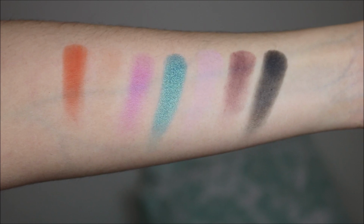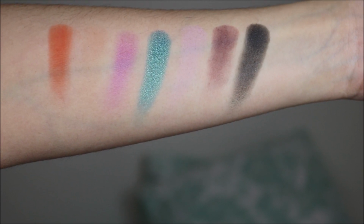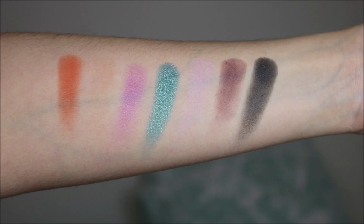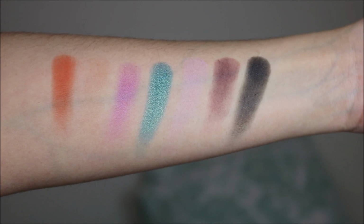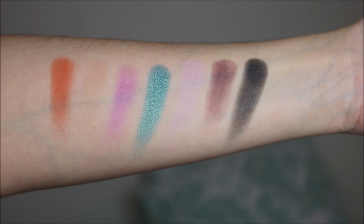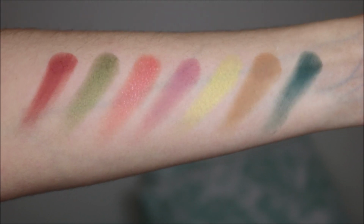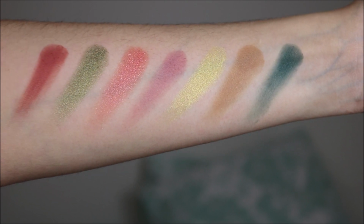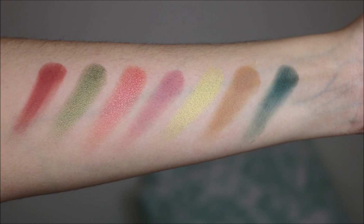So this is what the first row of normal shadows look like. From left to right we have the shades Flame, Confidence, then on me is kind of a skin tone color, then we have Desire, Self-Made, that is a gorgeous blue. Then we have Bless, You Do You, and Dark Side. Then on the second row of your normal eyeshadows we got from left to right Overcome, Integrity, Love Yourself, Free Hugs, Honesty,